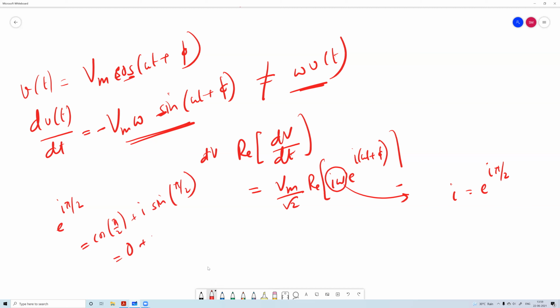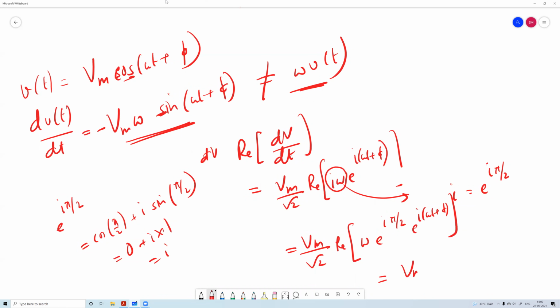This is 0 plus i into 1, that is i. So this can be written as Vm by root 2 real part of omega e to the power of i pi by 2 e to the power of i(omega t plus phi). So I can write it as Vm by root 2